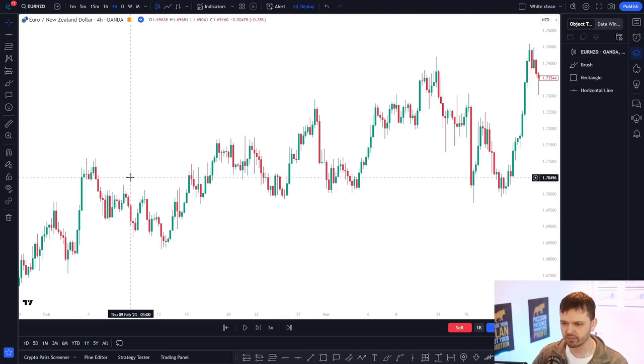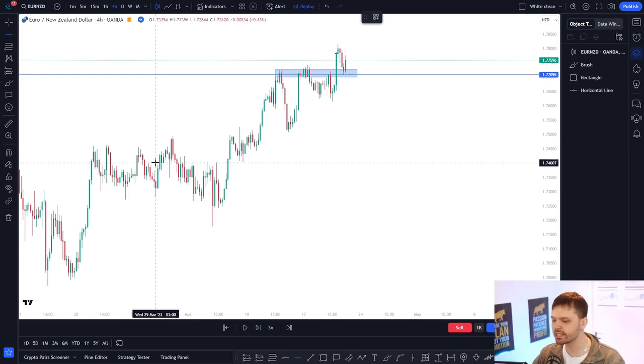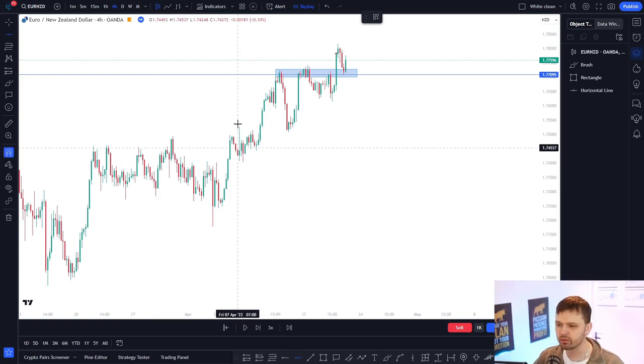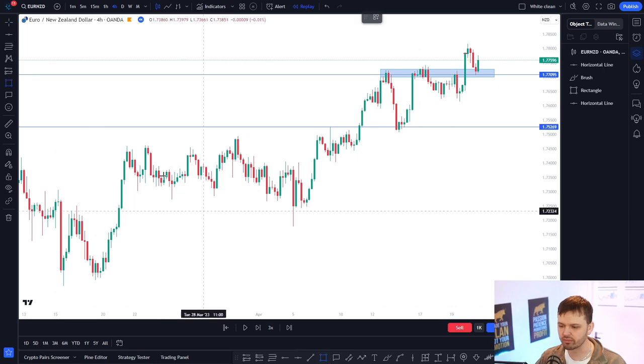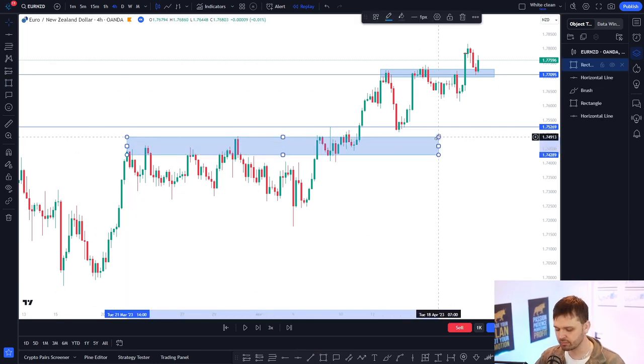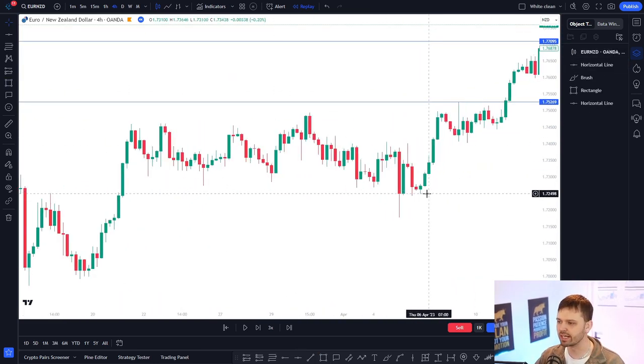Let's see, do we have an immediate retest anywhere in this area? This is an immediate retest. Imagine that that is a horizontal level. Now I know it's not perfect. If you're looking for a perfect level, maybe that's going to be it, but imagine that this horizontal line here,